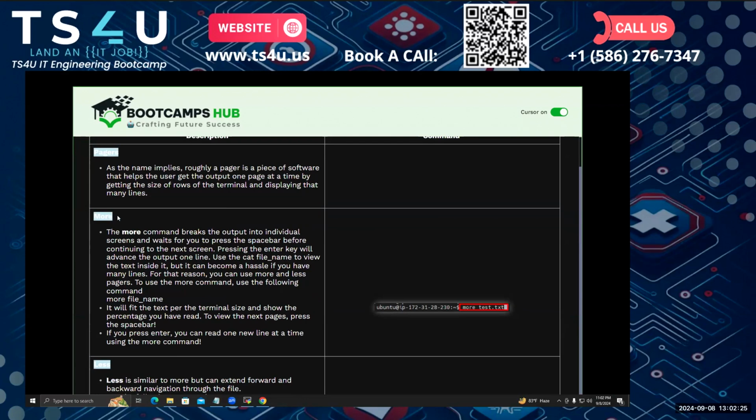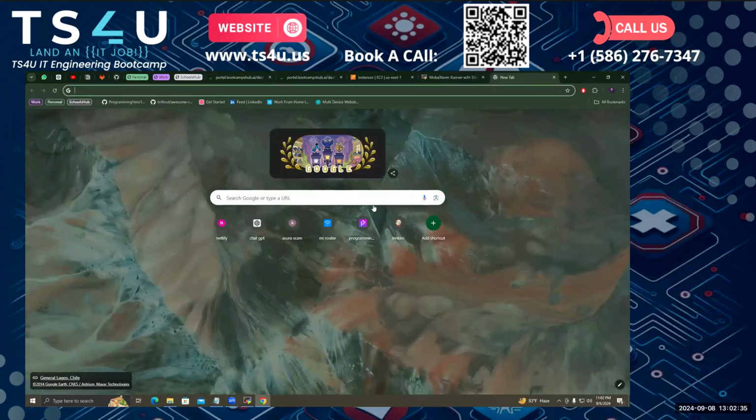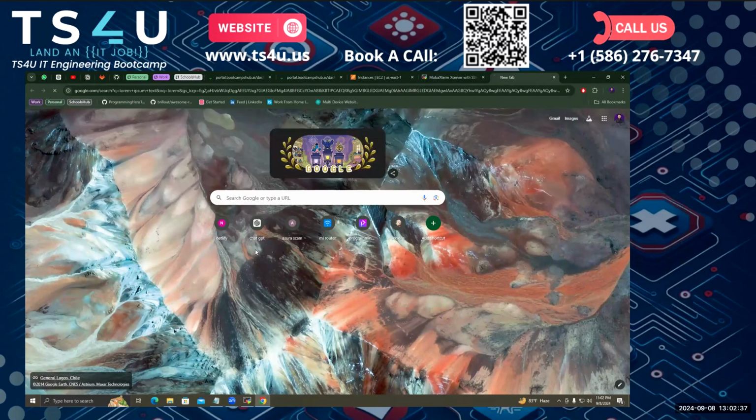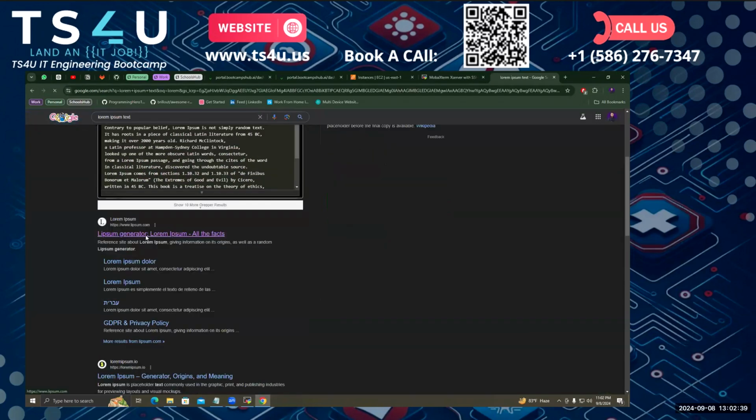So for that we can use the more command so that we can see all of it page by page, and we also have the less command. So let me give a demonstration for you. Before that, let me copy some text from the lorem ipsum website. Okay, so let me just go to the website,